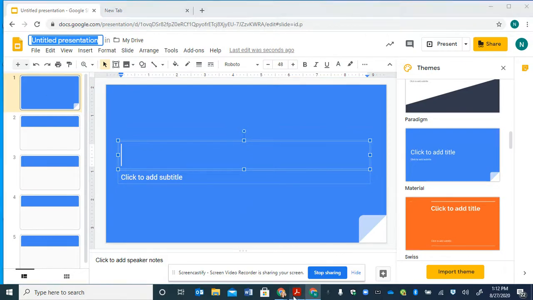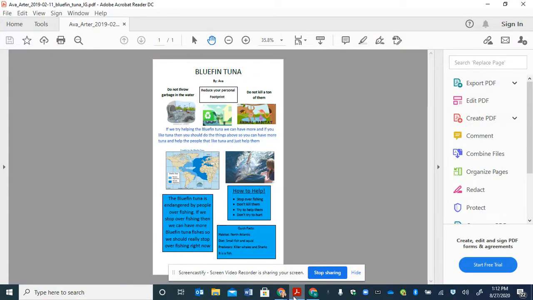An example of an infographic, this is not one that we're doing, but that we did in 3rd grade, was with an animal. So you see that she had some different, she typed